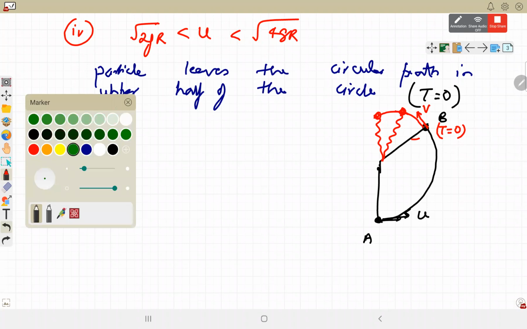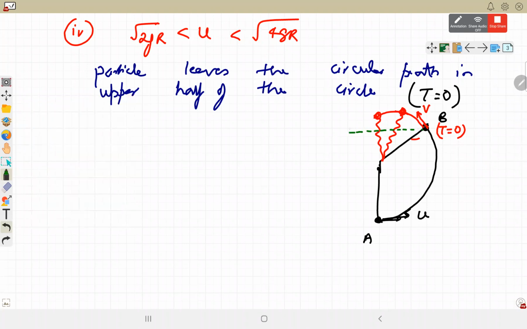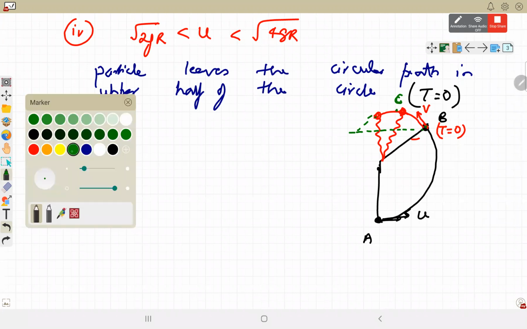above this point B, this particle will continue moving like a projectile. So from B to C, it will be moving further up. So we can calculate the total maximum height above the initial point; it has to be A to C. At point B, it leaves the circular path, but after that it is still moving upward like a projectile. When we calculate the maximum height, we add it from A to B. So let's say, for example, u is equal to root 3 gr,